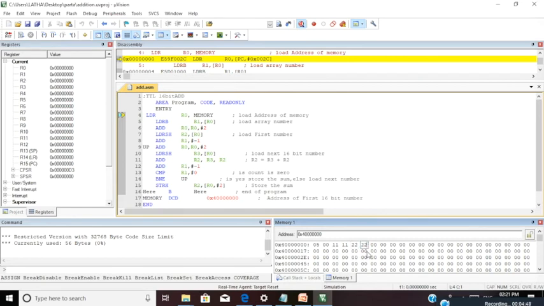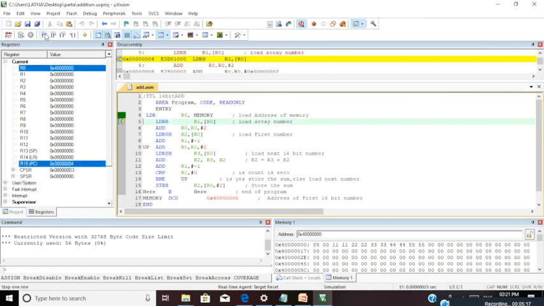Give all the required values and then execute the code step by step. You will be able to see the result in the next consecutive memory location. That is what I'm doing here. So my 5 values are given to the memory location. The values are ready. Now go to step-by-step execution.